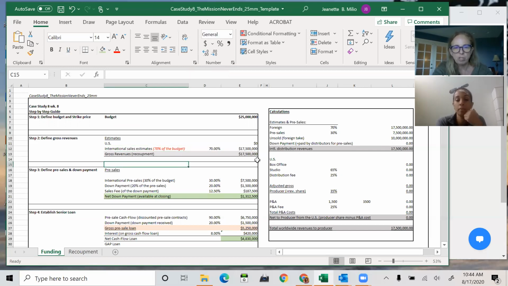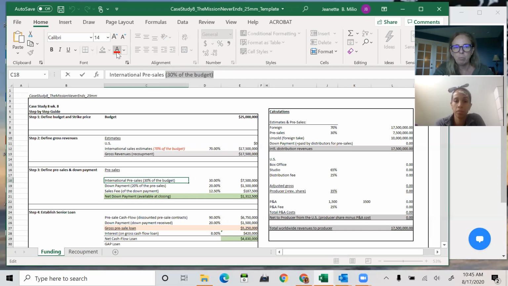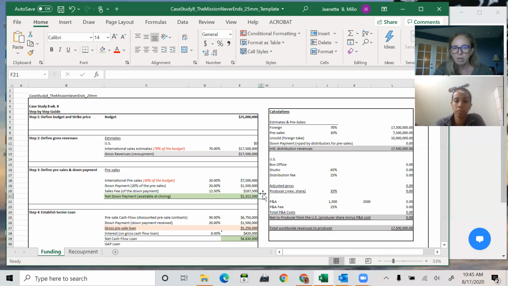So this is where we are right now. We're just figuring out the value of a project. It's 70% of the budget out of international. We're not dealing with the US right now. We're getting to the US in a minute. And then we're figuring out what is our pre-sale. The sales agent goes out and does actual distribution agreements. The only reason they're called pre-sales instead of sales is because they're done before we have our movie finished. We're pre-selling 30% of the budget. This is how we got to this number. Now, when these pre-sales are made, we're getting something paid up front from the distributors.